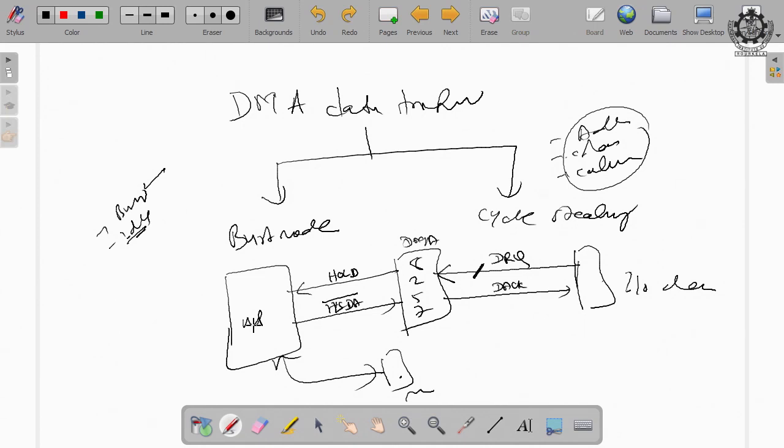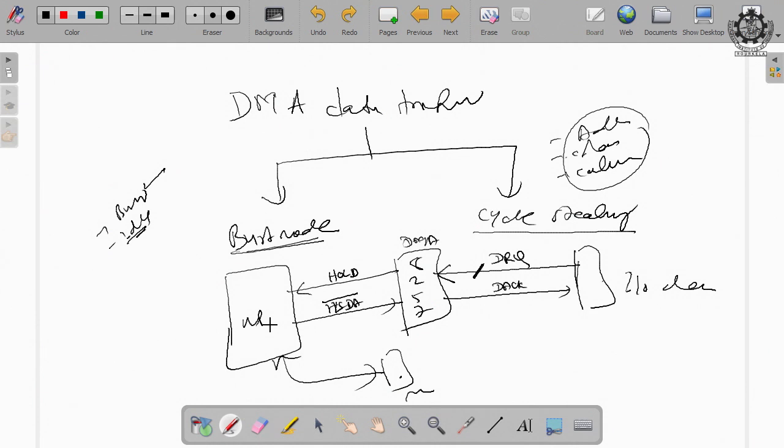Am I clear? So, this busyness and idleness of the microprocessor during DMA data transfer classifies it into two types of DMA data transfer. One is burst mode, another is cycle stealing. In the burst mode, the microprocessor is completely busy executing its own program, and data transfer takes place by DMA directly from I/O to memory. But in cycle stealing, what happens?